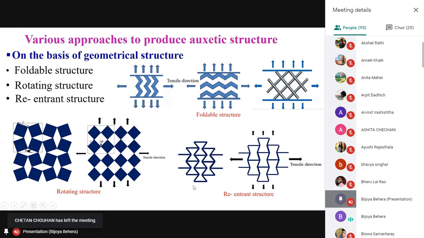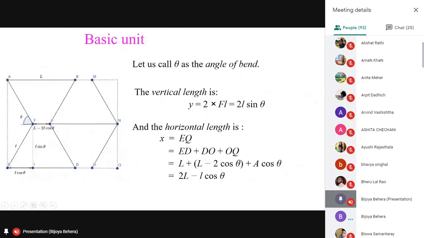So when we analyze the structure of different materials, I have already shown you some of the structures that exist in nature. Pyrolite, cat skin, or some tendons in the human bone behave auxetically. So people have analyzed those structures and their geometry, and they found the geometry is of this type. This is not the only geometry. There are many geometries which behave auxetically. This is only one example.